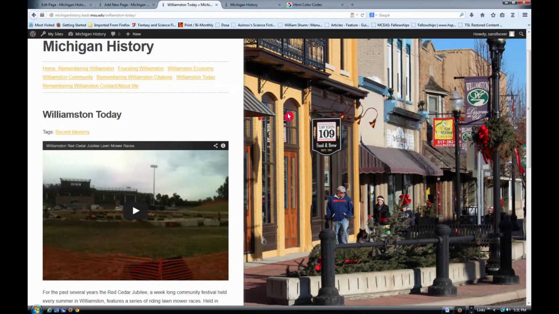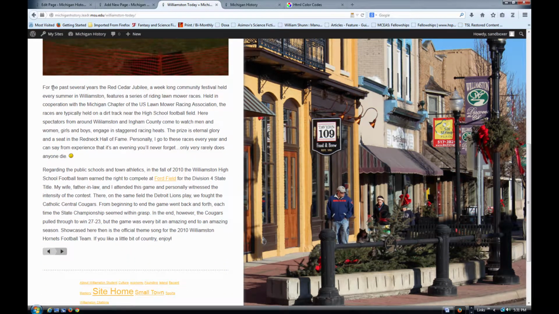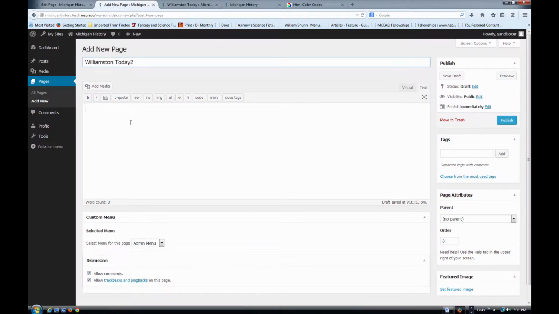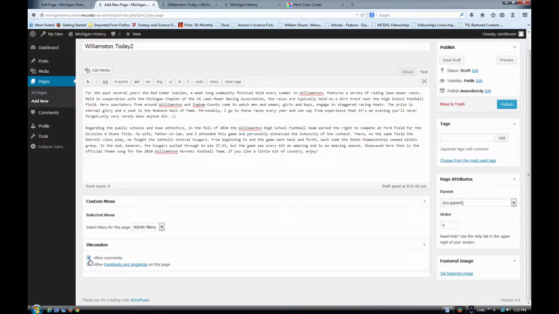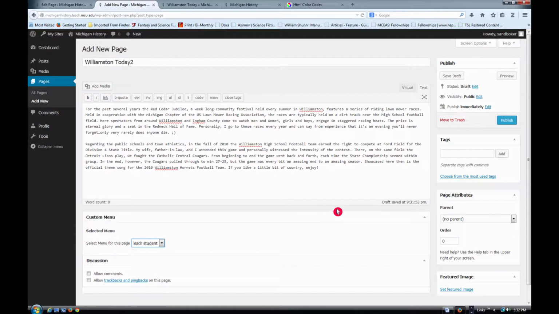And then we'll go to the body. We'll copy the text like we normally have been doing, and we'll put it into the workspace here. Let me think. We'll get rid of these checkboxes, switch it to Leadr student, and